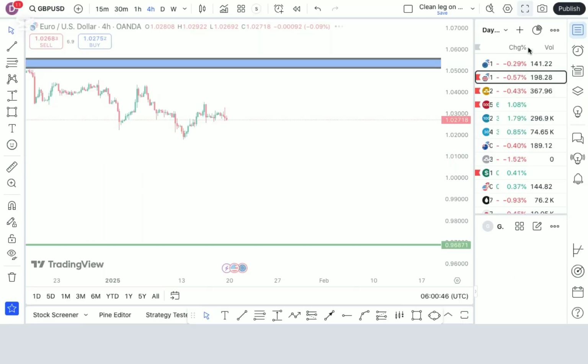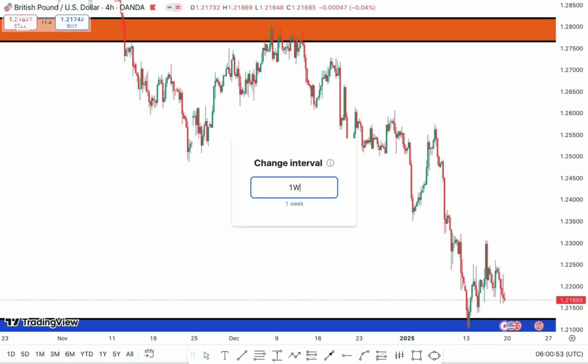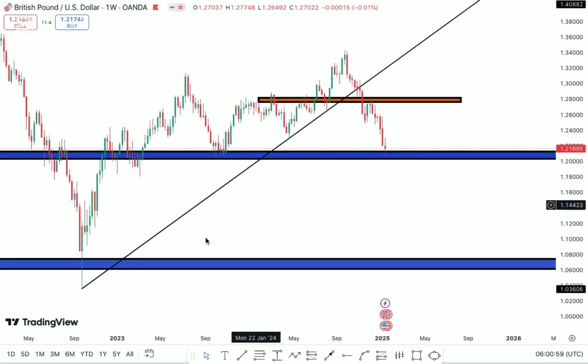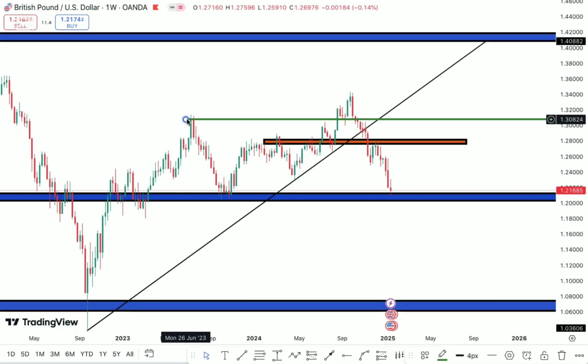Now the pound sterling has an even better structure. I think it just has a different structure, if you ask me. So going from the weekly time frame here, we had this guy break out of this upward trend line because we actually thought this guy was going to go higher. Instead, he came in here to give us a fake out, and you guys know that after an impulsive move comes an exponential move in the opposite direction. And now this guy was a fake out here, failed breakout, and in this case, market just started melting all